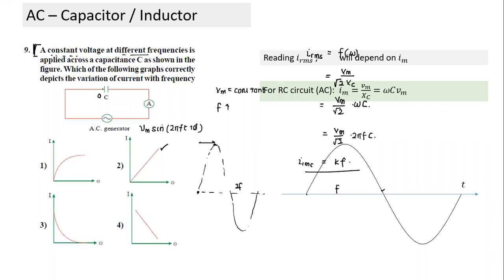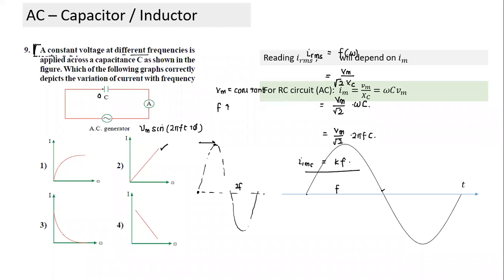One way of doing it, see what we are doing here, we are maintaining the voltage across the capacitor as constant. Assume that it is possible. Sir, I was asking, how do we know that the peak value of the current in the graph is not changing?